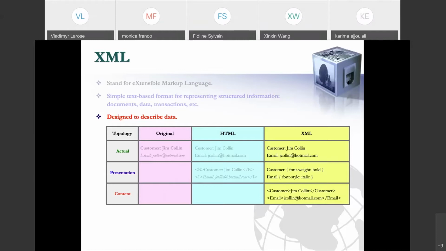So the actual content has no differences, but in the presentation, HTML has some differences from XML, and in the content,